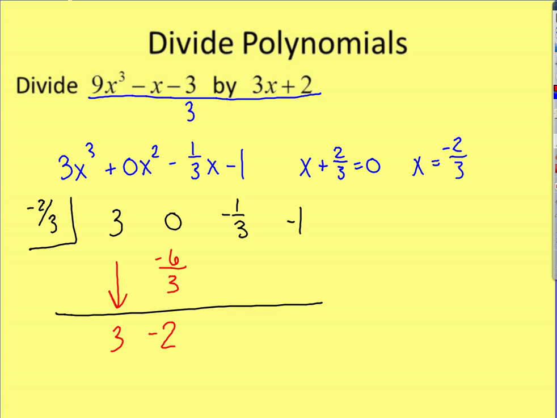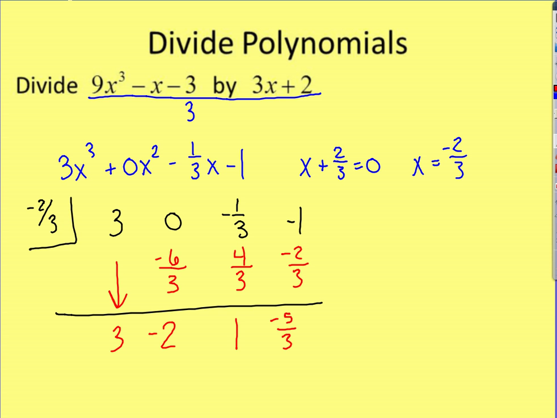Negative 2 times negative 2/3 is going to give us a positive 4/3. And negative 1/3 plus 4/3 will give us 3/3, which we can reduce to be 1. 1 times negative 2/3 will give us negative 2/3. And if we add that down, negative 1 is equivalent to negative 3/3. So negative 3/3 plus negative 2/3 gives us a negative